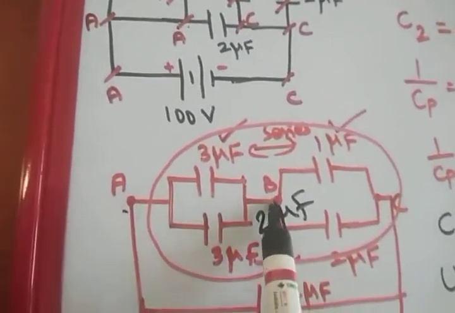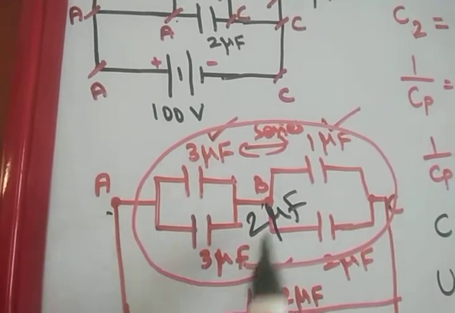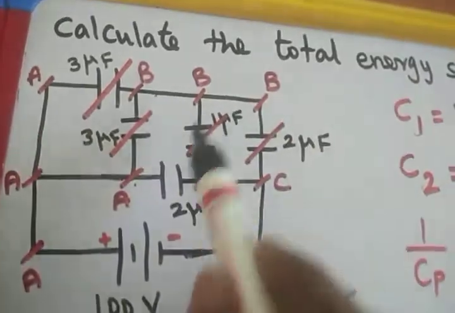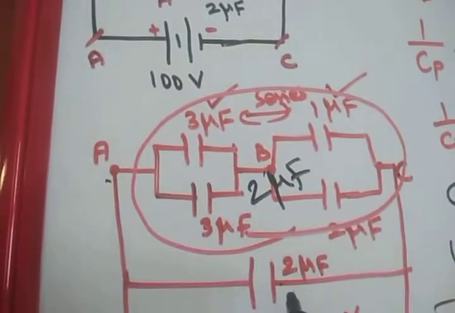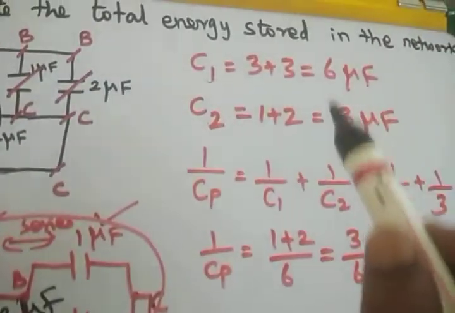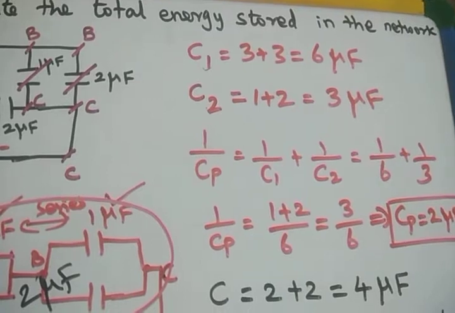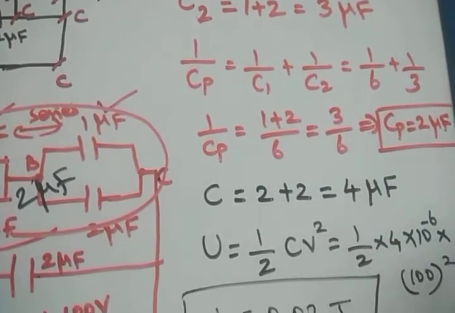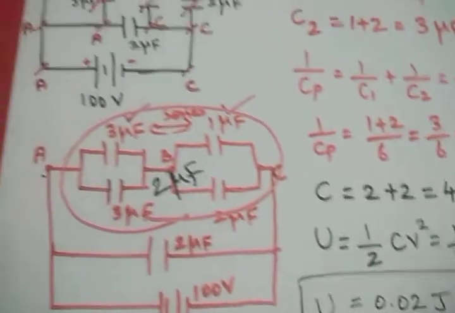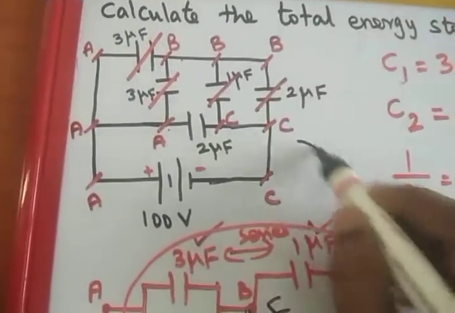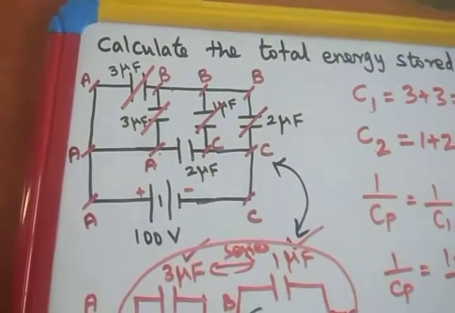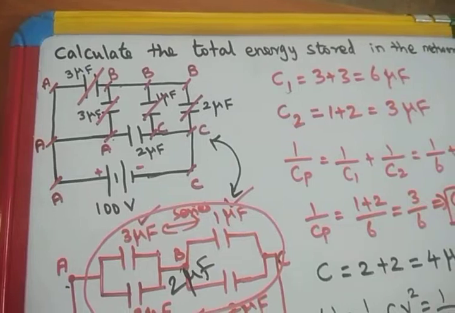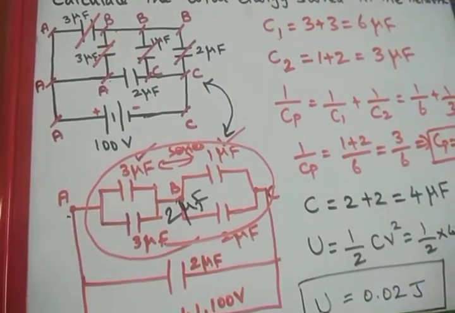Then I will take the three points A, B and C. In between A and B, what are all the capacitors? In between B and C, what are all the capacitors? Then in between A and C, what are all the capacitors? I redraw this circuit, then it is easy for us to solve the problem. So this is a direct series and parallel connection. Students struggle only to redraw this circuit, so take different circuits to practice yourself, then only it is easy for you. This set of questions is frequently asked in board examinations.